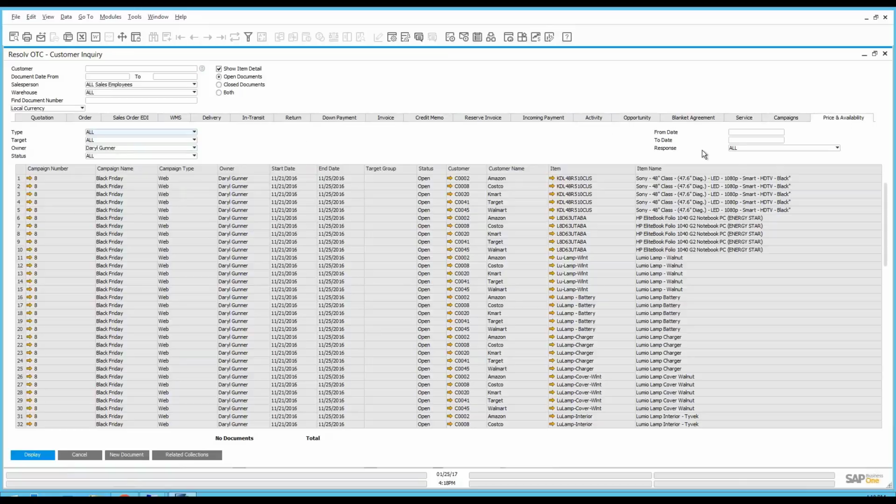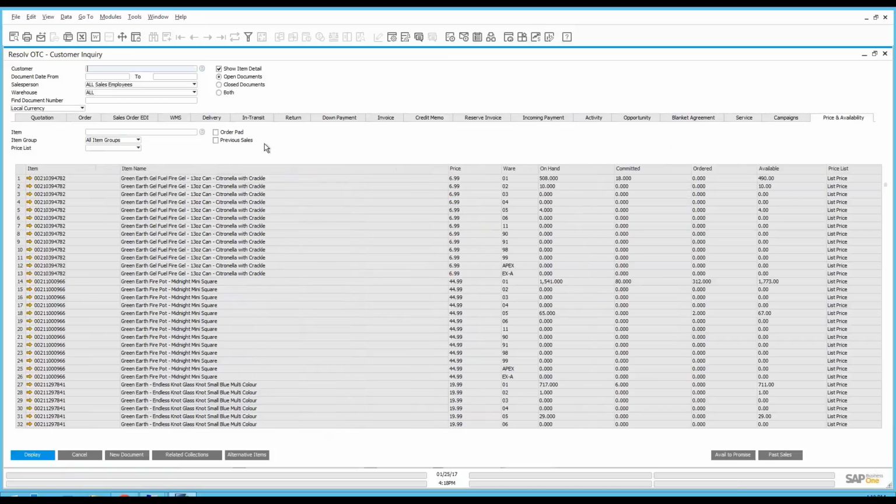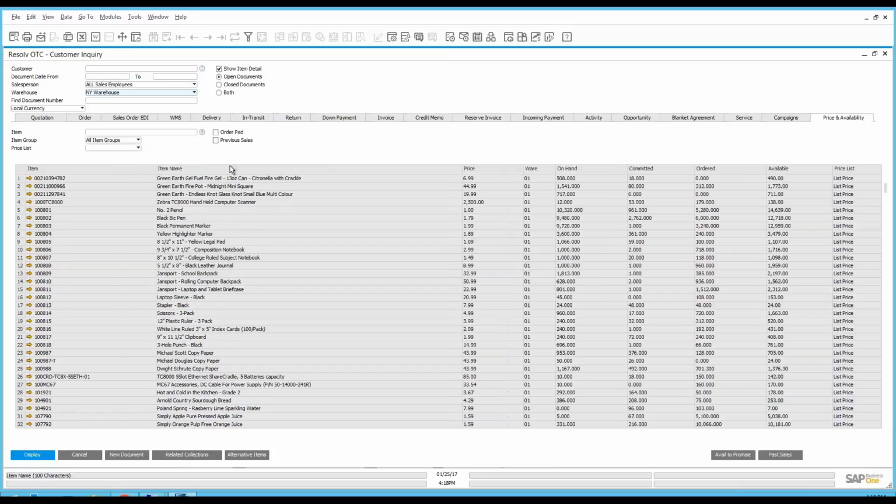And again, as I mentioned, we talked about the pricing and availability, and pricing and availability is really a very useful tool because it takes the information that's currently in several different places throughout Business One and brings it into a single location for you. So if you notice here, you can see we have this item right now being repeated several times. That's because the citronella candle is available in multiple warehouses. So perhaps I'm just interested in being able to talk with my customer about what I have available in my New York warehouse. You can now see that the New York warehouse is filtered upon,